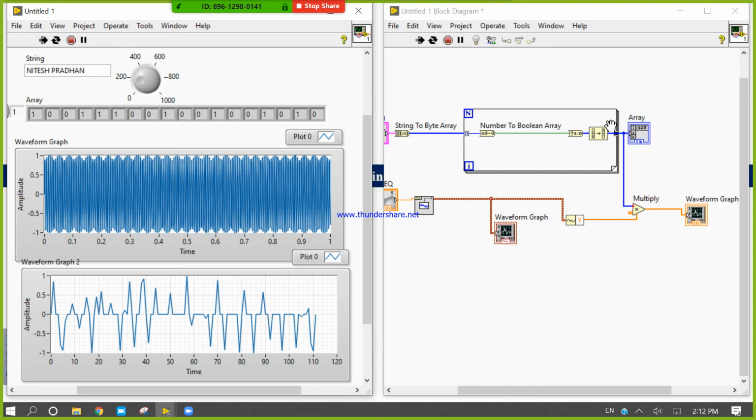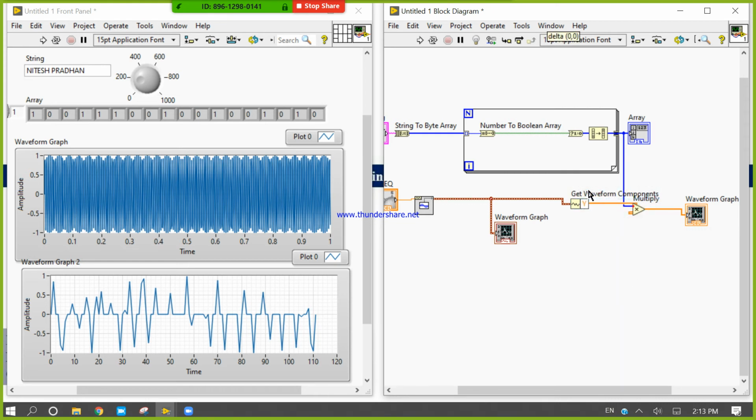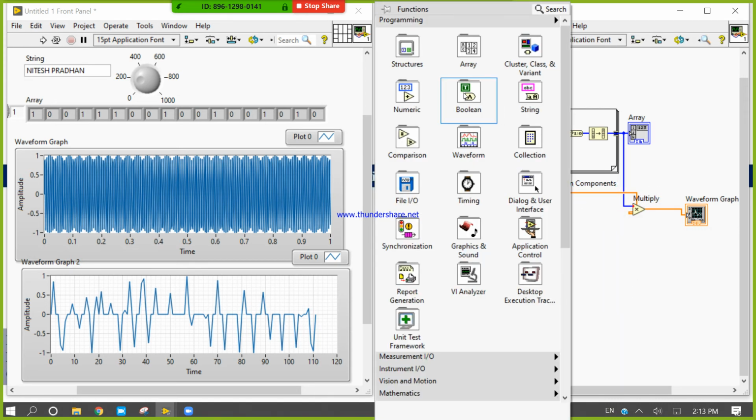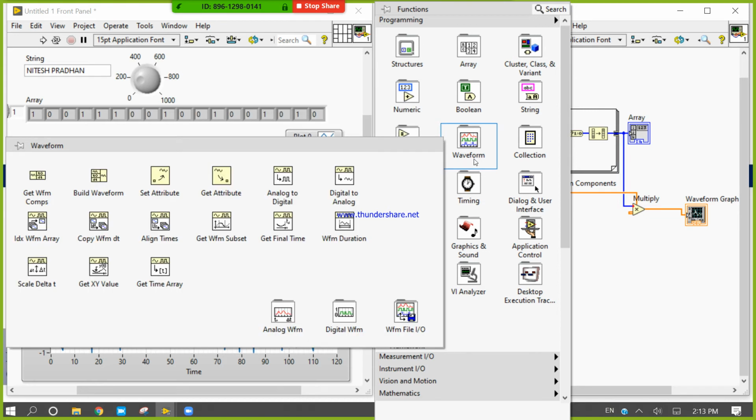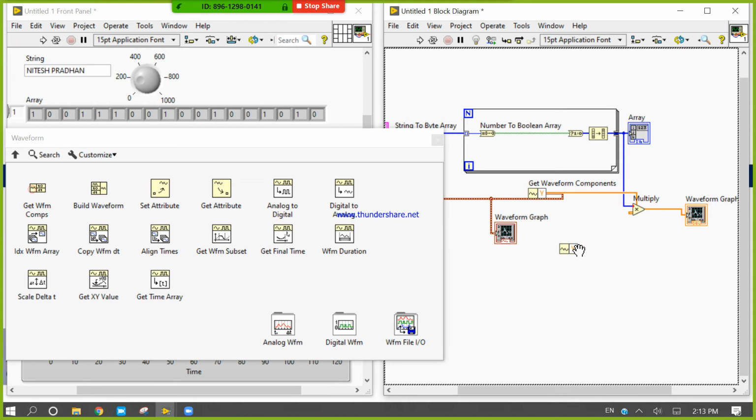So if you send your name using the communication system, then your name will look like this. Please try it. For your help, I am going to tell you: right click, come to the waveform graph, and take this waveform graph.